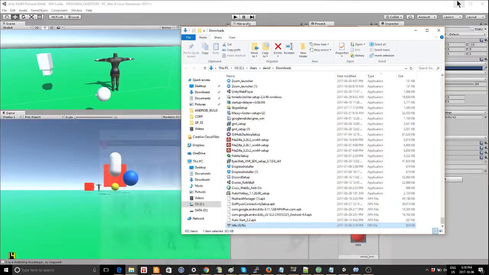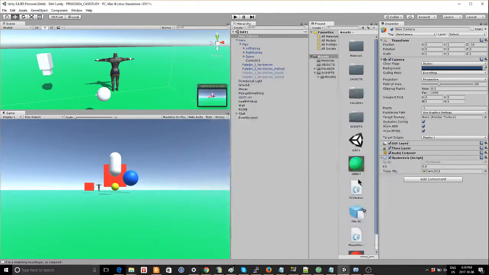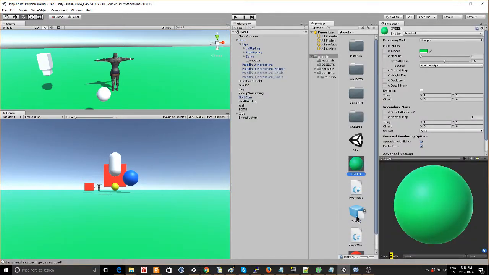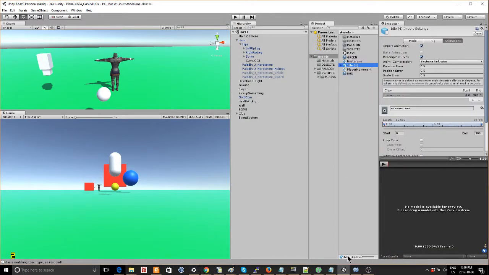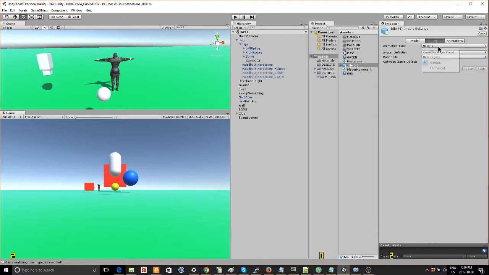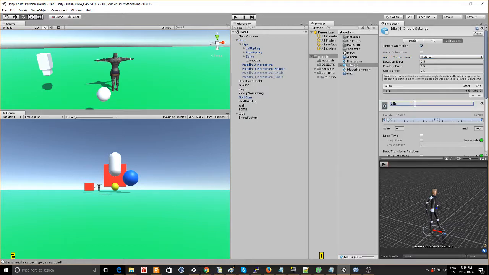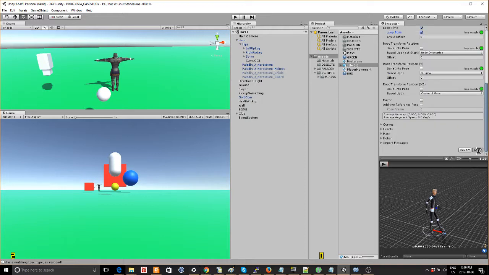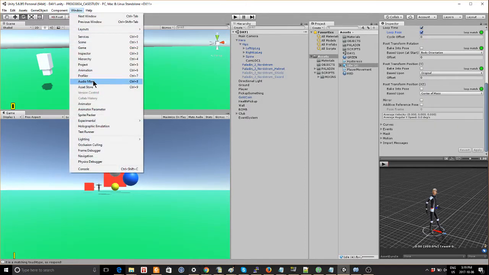So we'll show that in the folder. Import idle 4. That's the first thing we do. Go to humanoid. And we'll call this idle. Stationary idle, it's a looping animation, so we'll loop the pose as well. And we'll say apply. And then we go to the animator